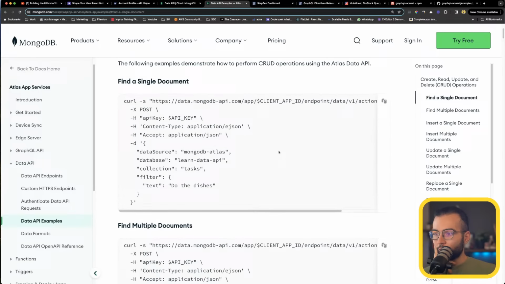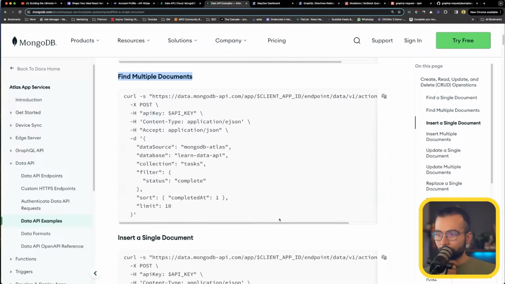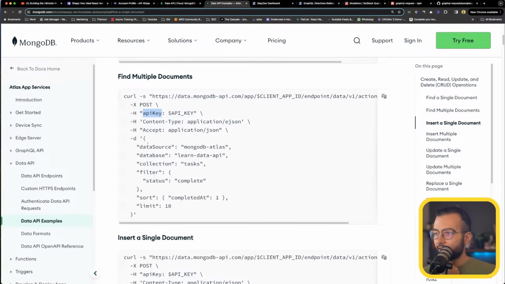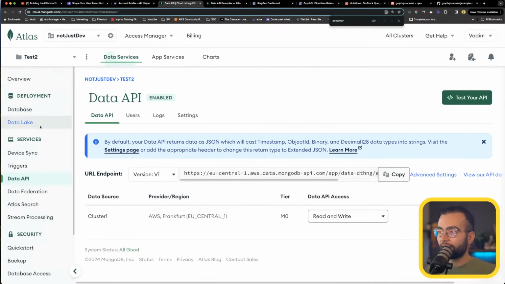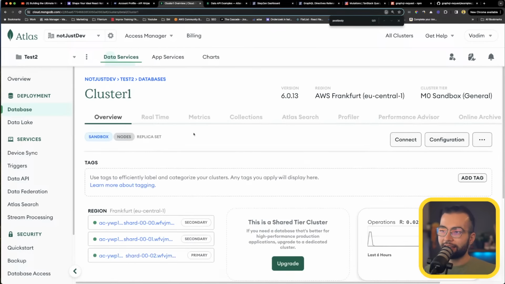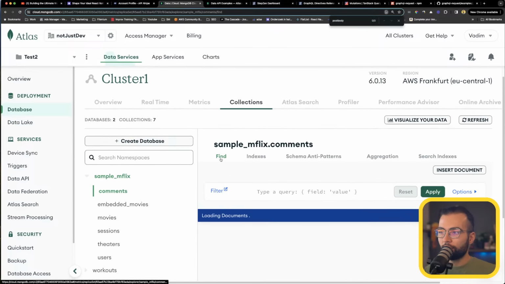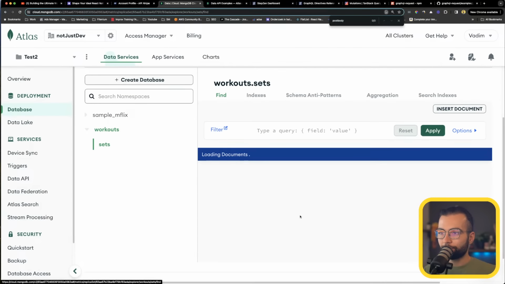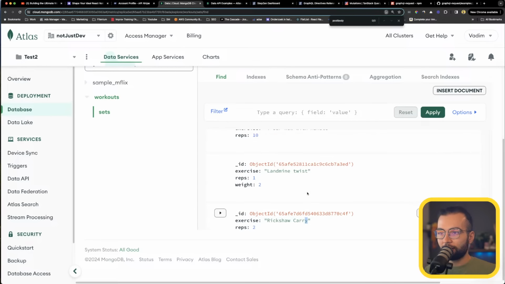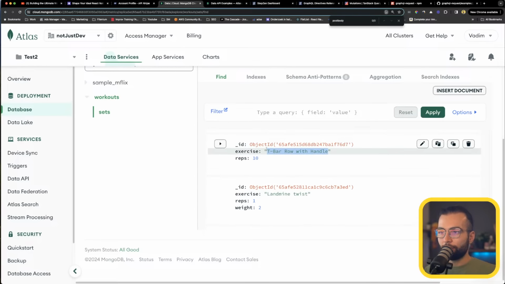Let's find a single document. This is find one, find multiple documents. This is the action find that we are looking at. And here we see that we specify the data source, database, collection and also the filter. First of all, let's test the filter on our actual database, because we can go to the database through Atlas and test the filter that we would like to use. For example, I will open the sets